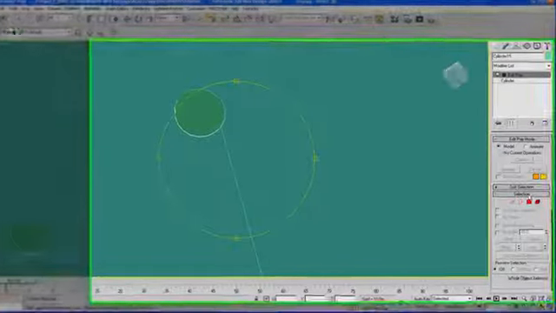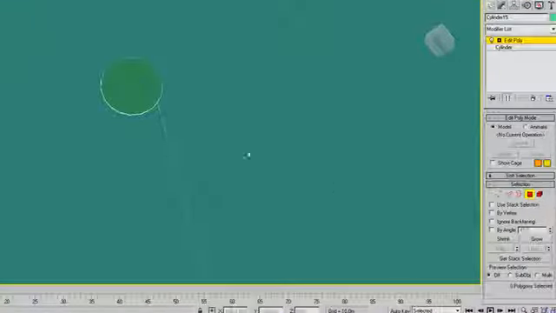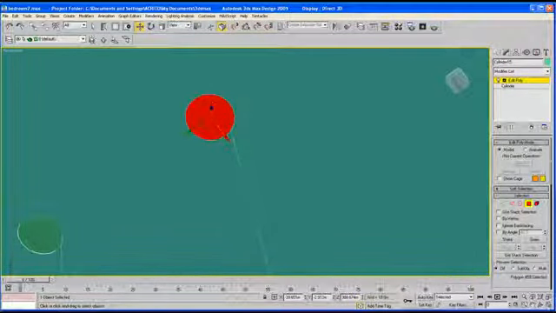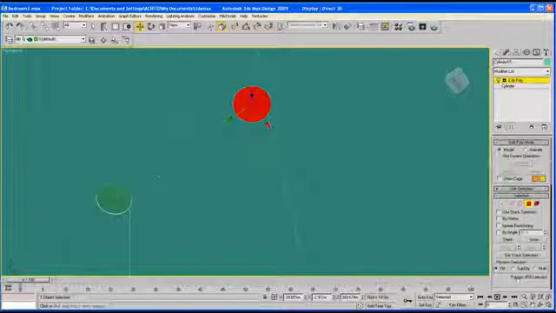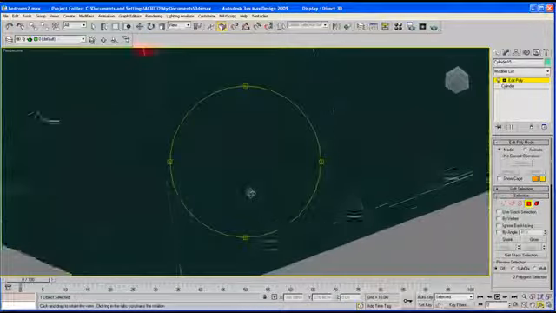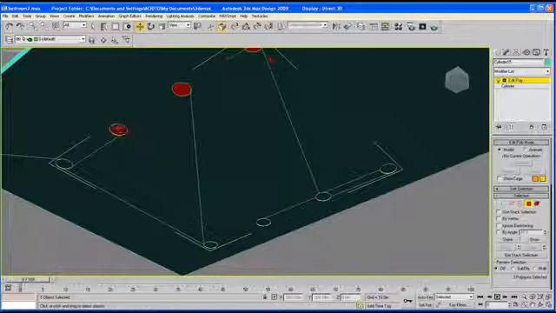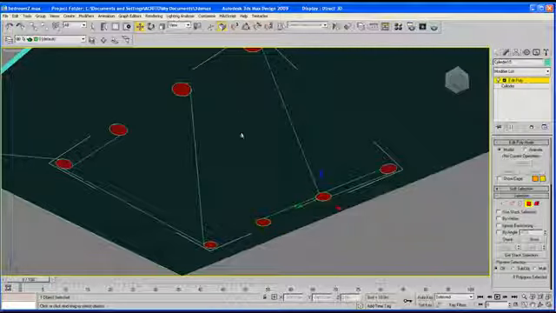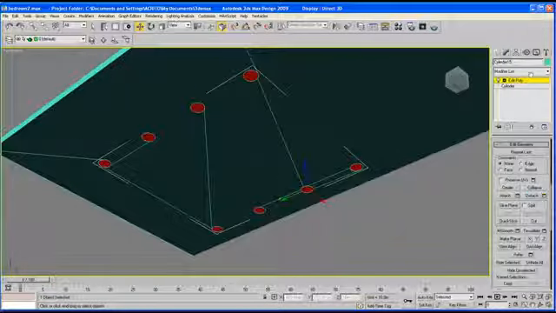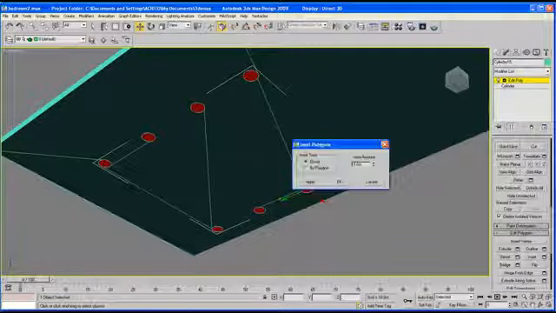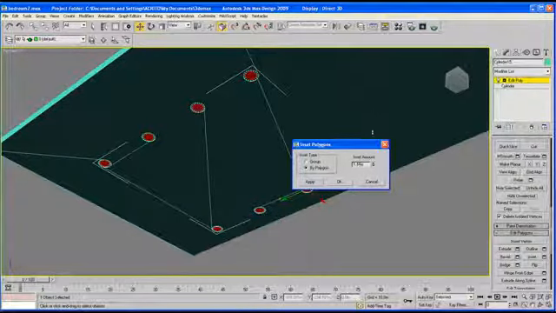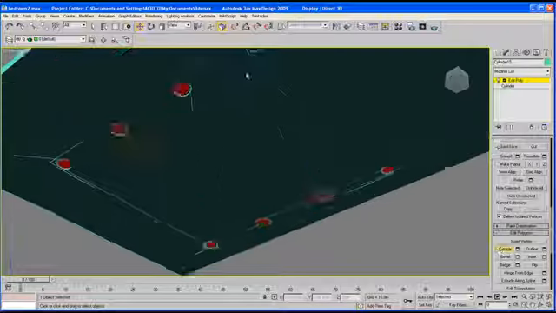Now, with the same object selected, get your polygon tool and select one of the faces. You might want to do it to all of them. So select all of them, holding down Control. Now go over to Inset by Polygon. So we inset that slightly, and then we extrude, but we take it inside,